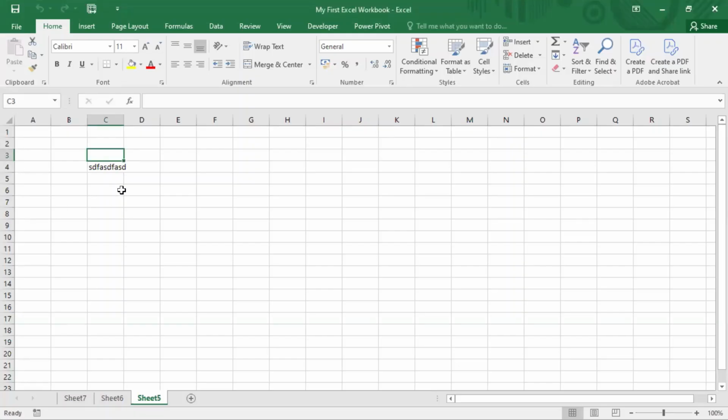Hey guys, welcome back. Today we are going to cover one of the important aspects when you are entering data into Excel, and that is checking your spellings. So Excel has this inbuilt spell checker